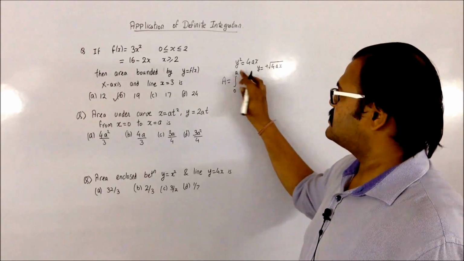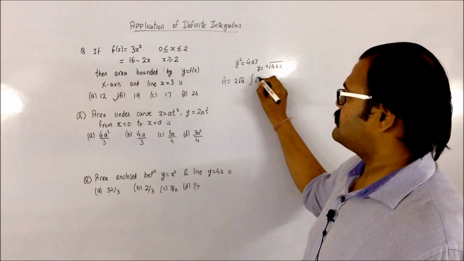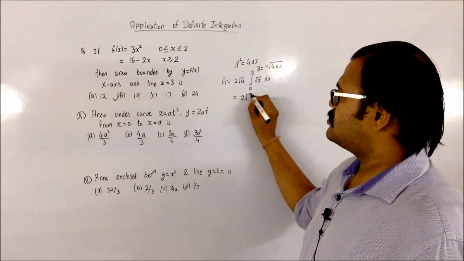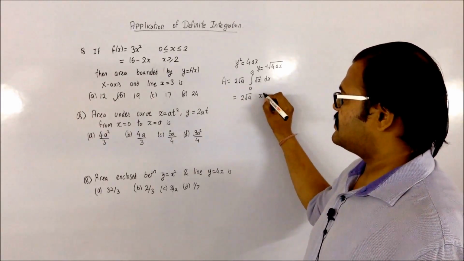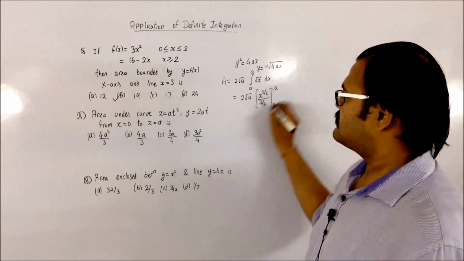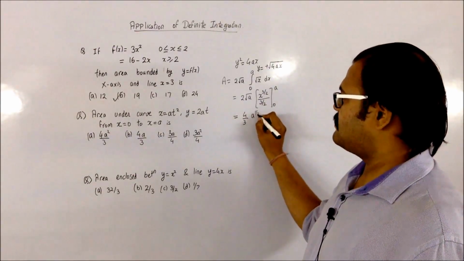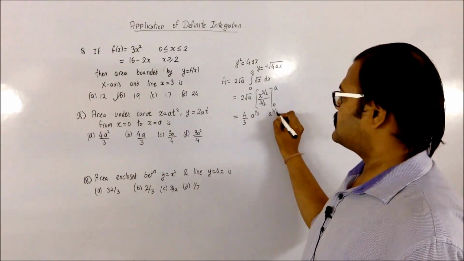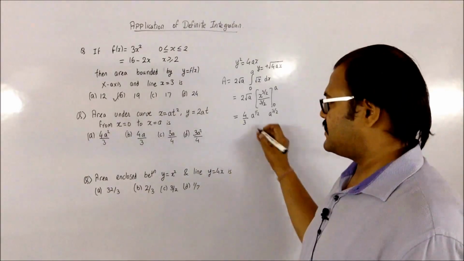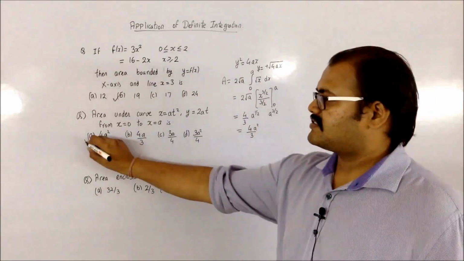4a, that I can take the constant term, that is my 2 root a, outside. So it's integral of root x dx for the limit 0 to a. So 2 root a times the integral of root x, which is x raised to 3 by 2 by 3 by 2, for the limits 0 to a. So this becomes 4 by 3 a raised to 1 by 2, and this is a raised to 3 by 2. A raised to 1 by 2 into a raised to 3 by 2 will become a raised to 4 by 2, which is a square. So that is going to be 4a square by 3, which is your option A.